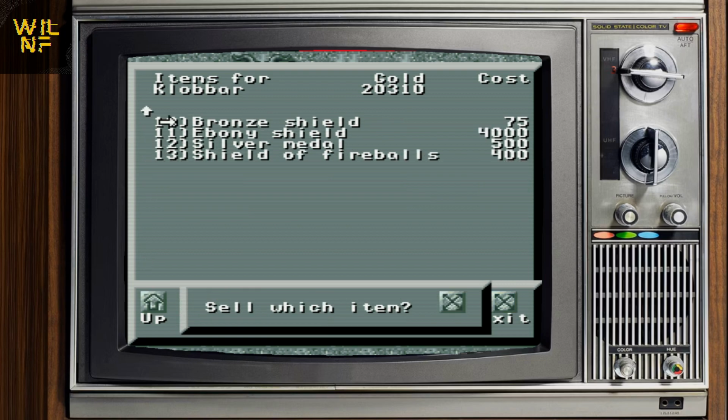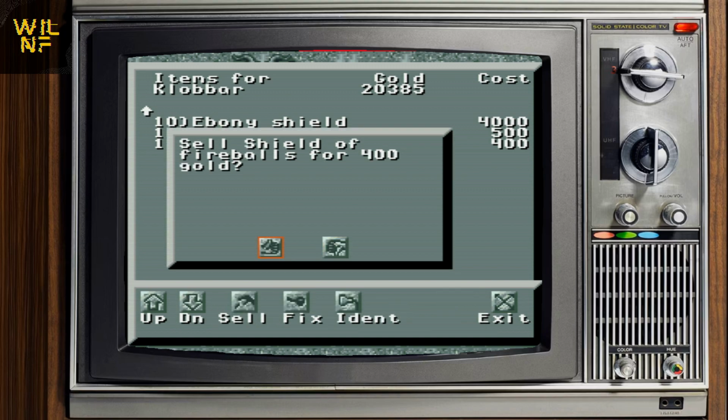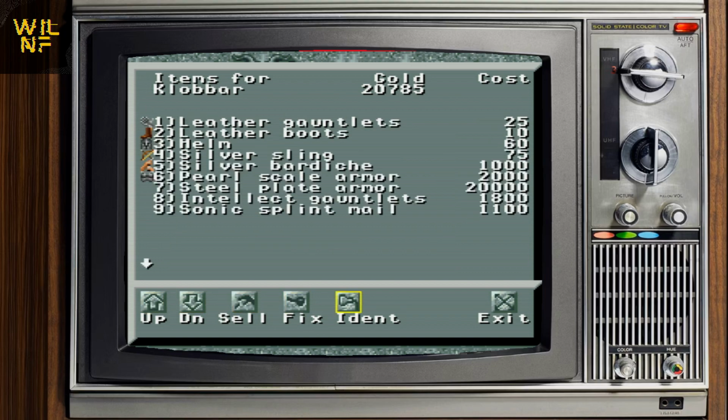Bronze shield sucks. Ebony shield is actually decent. Silver metal, we can use that. Shield of fireballs. We'll sell that. Probably at this point of the game it's useful, but